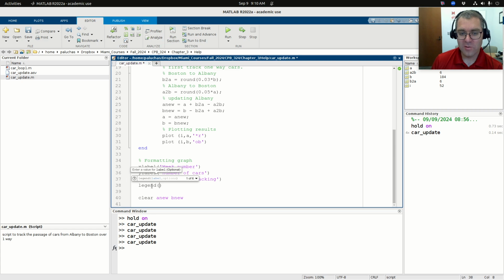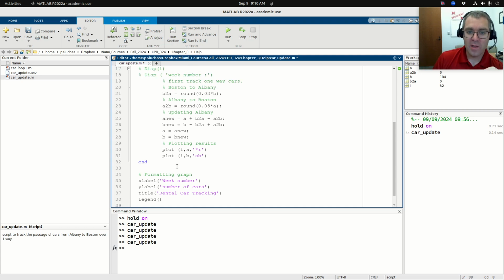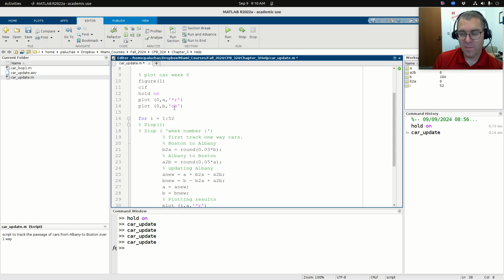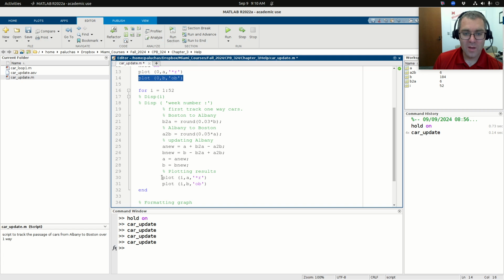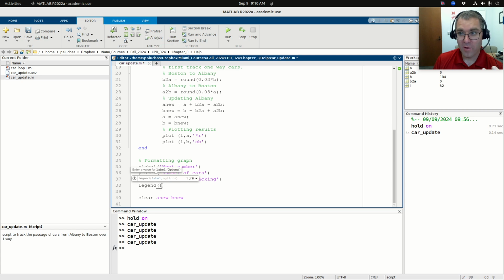But the legend's my function, right? And then what I can pass to it is labels for each data set in series. Now remember, every time I call plot, MATLAB interprets this as plotting a new set of data. So in this case, this is set 1, this is set 2. Then the first iteration, this would be set 3 and 4, and that would keep repeating until I get to my 52-week year. And so really I have 106 sets of data in MATLAB's mind,